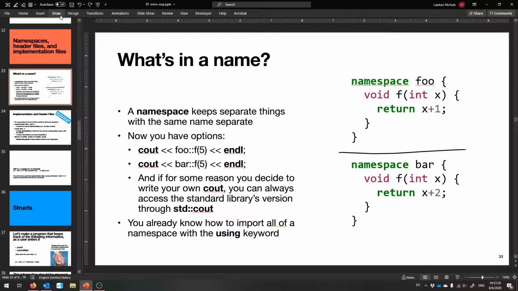So I won't really have you use namespaces all that much in this class, but now you know how to make them yourself. And technically, when you write classes, every class has its own little namespace, so technically you're always using them. So if you wanted to call foo's f, you'd just say foo::f, and if you wanted to call bar's f, you'd say bar::f. Okay, and that's also a nice thing. If you ever decide to write your own version of the standard library, you can just make your own cout in the global namespace, and then you can always get a cout from the standard library with that std::